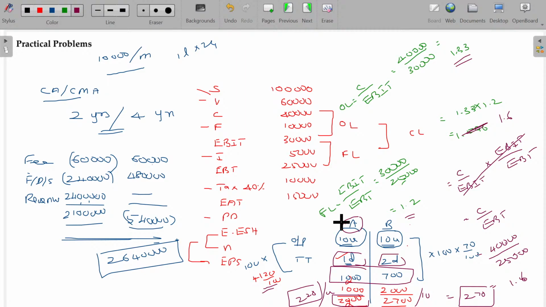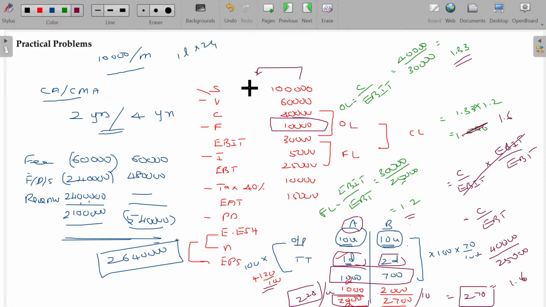If I complete the same in 4 days, what happens? 4 into 2,000, 8,000 only spending. 7,000 savings. Then the manufacturer is also happy and he will give the incentives also. So similarly, this fixed cost remains uncontrollable. As this fixed cost remains uncontrollable, what is controllable? The quantity purchased and sold can be controllable.